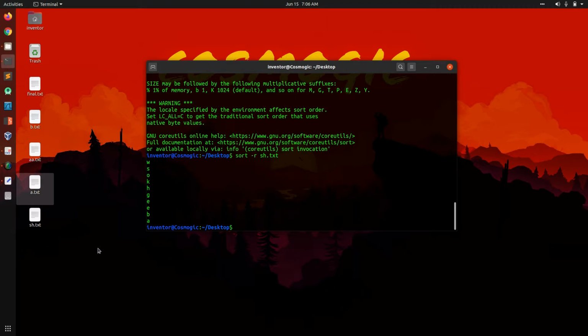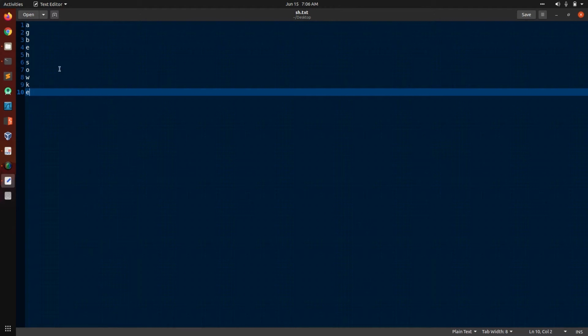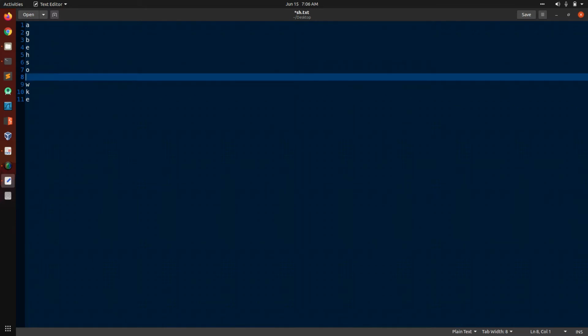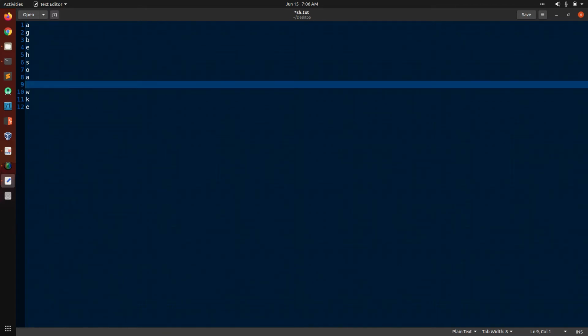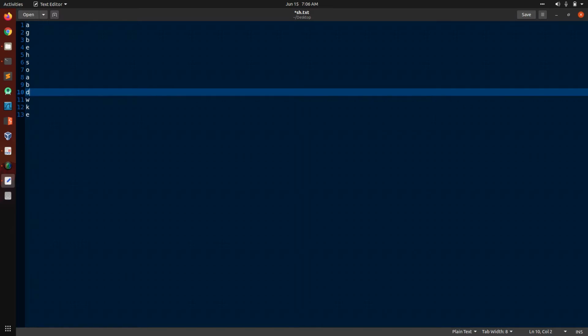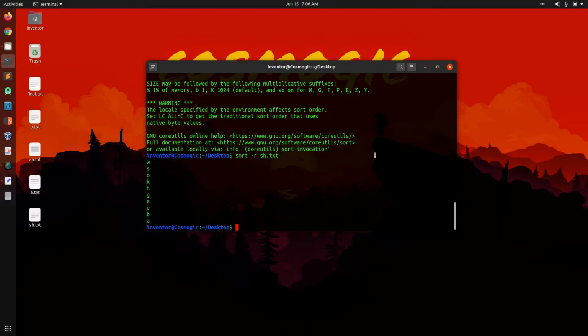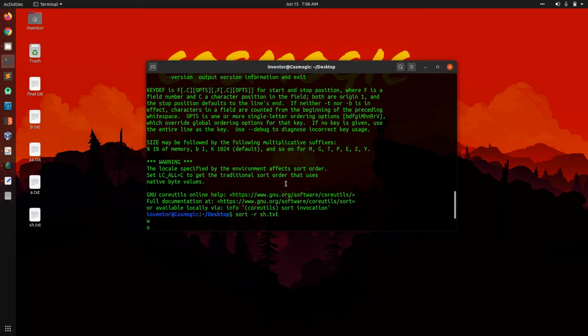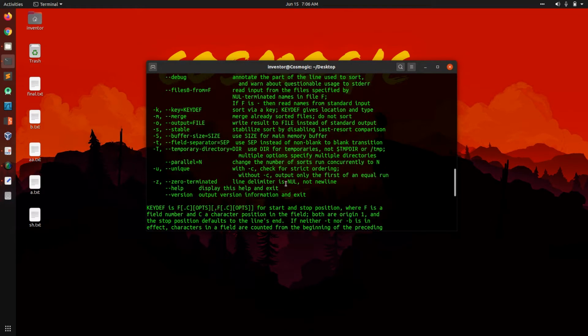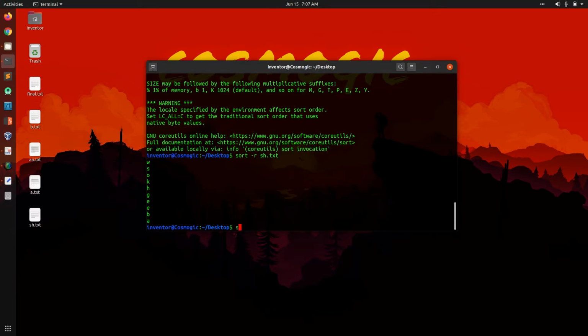In this file we do not have any duplicate content, so let's make some duplicate content for A, B, and to remove duplicate content we use -u.